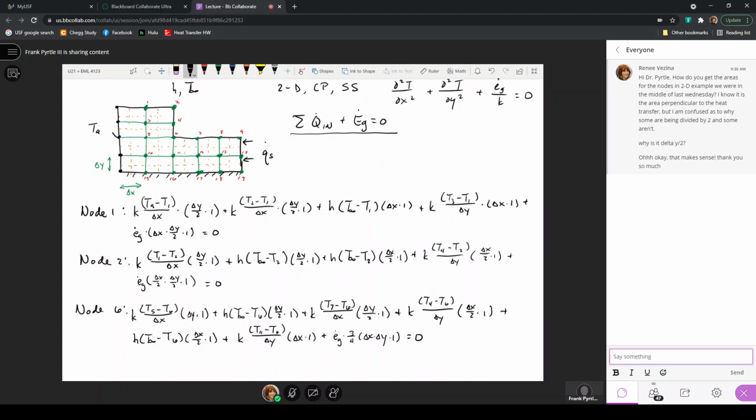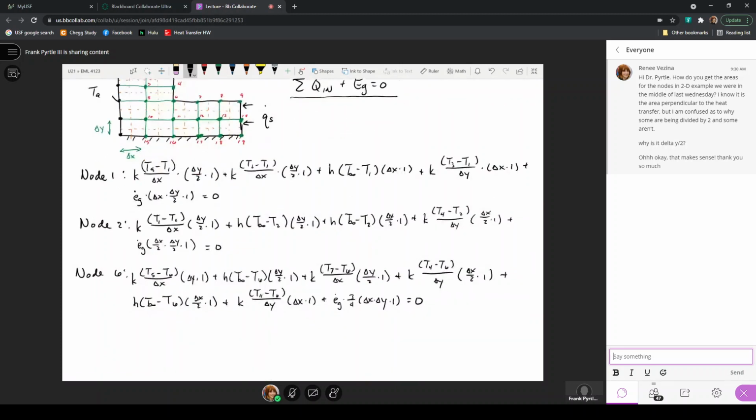So here, if I'm writing the equation for that node, using the same convention, I'm going to write heat transfer from the left, from the right, from the top, from the bottom, and then the generation. So from the left, this is heat transfer by conduction from node 8 into node 9. So this expression becomes k times (T8 minus T9) divided by the distance between the two nodes, which is a delta x, times the surface area where the heat transfer would occur, which is a delta y divided by 2 times the unit 1 into the page,